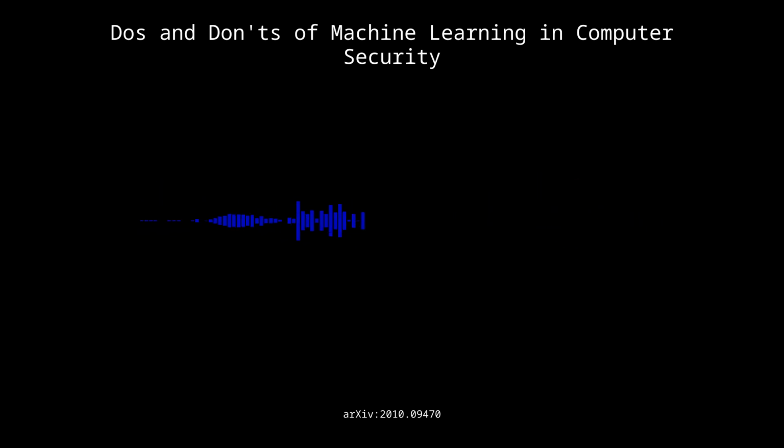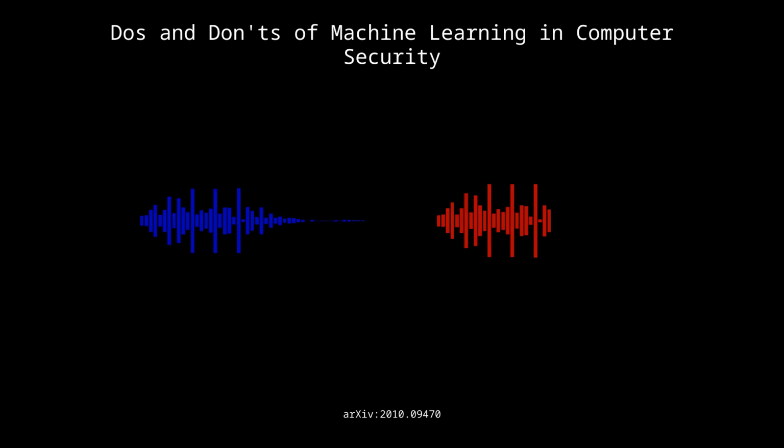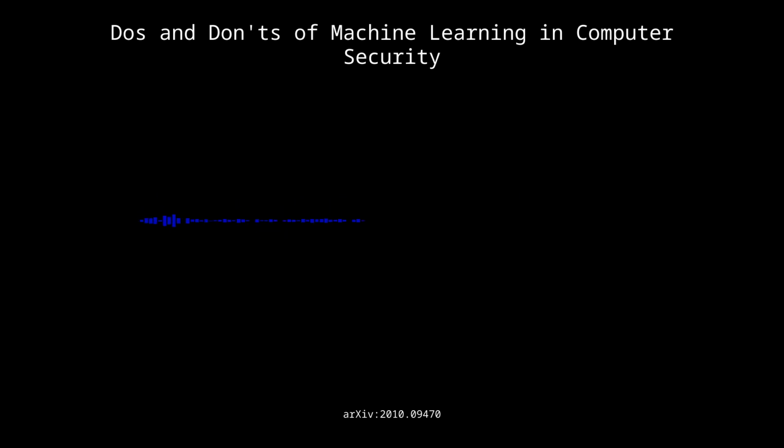Exactly. And the first one we need to talk about is inappropriate baselines. Okay, I'm listening. It's all about making fair comparisons. Right. Let's say you build this new security tool, and you want to show that it's better than what's out there. You need to compare it against those existing methods. This is like a benchmark. Exactly. Those are your baselines. But if you choose weak or irrelevant baselines,